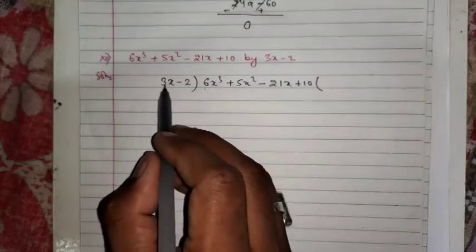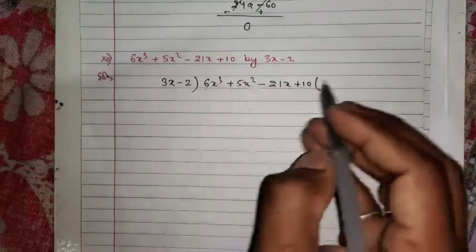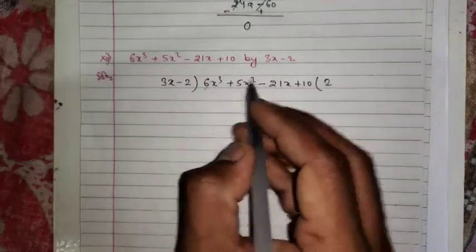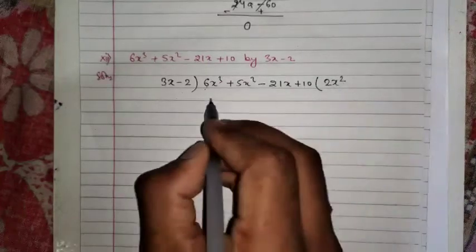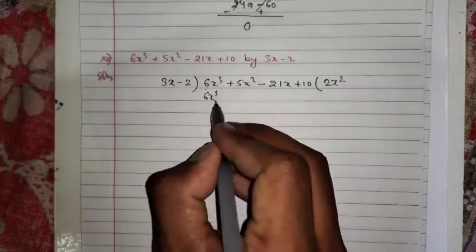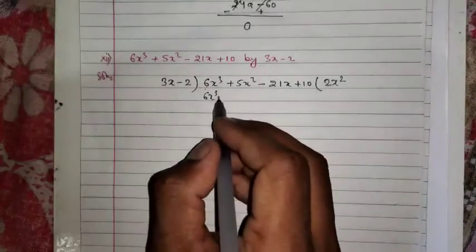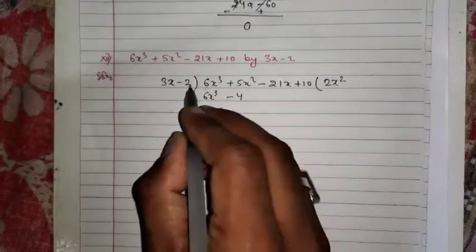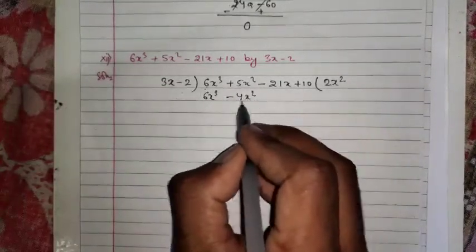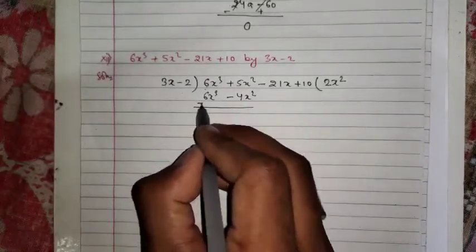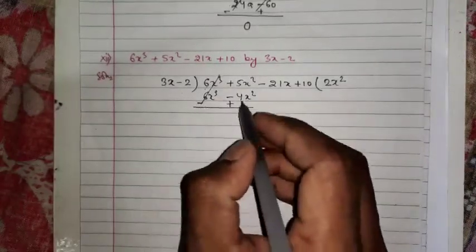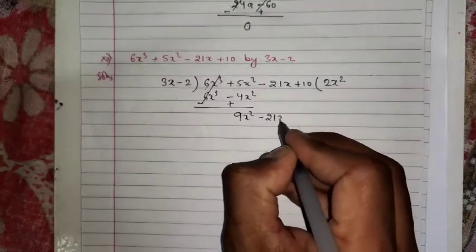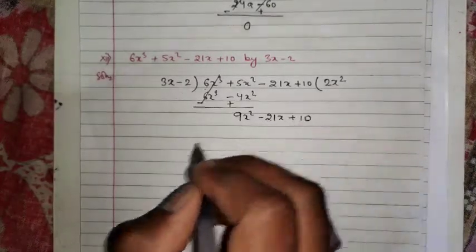Divisor and dividend. Now our first task is, the first part of the divisor will be set against the first part of the dividend. 3 will be multiplied by 2, 3 times 2 is 6. X will be multiplied by x square. It means the whole will be multiplied by 2x square to get 6x cube. Then minus 2 into plus 2, minus 4x square. Now in the next step we will change the sign. This one will be minus, this one will be plus. 5 plus 4, it will become 9x square, and the remaining part will be written as it is.